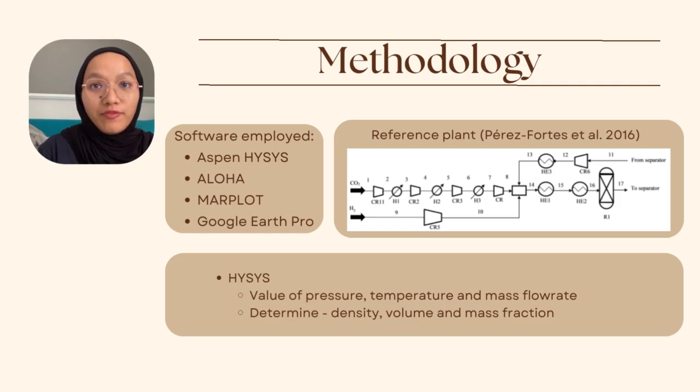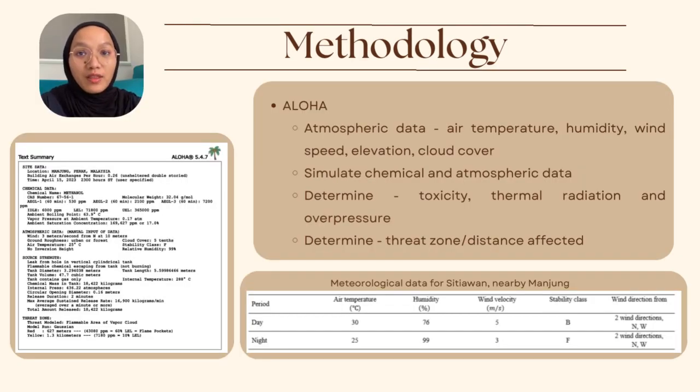So for this project, for the 3 methanol plants, first we need the value of pressure, temperature, and mass flow rate as input in HYSYS, to get the density, volume, and mass fraction of chemical in the mixture for possible release. And then